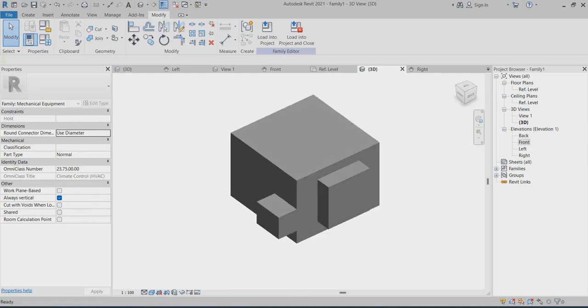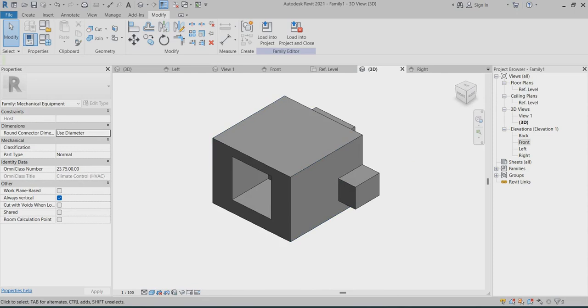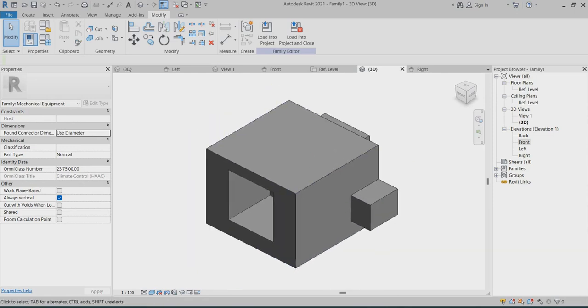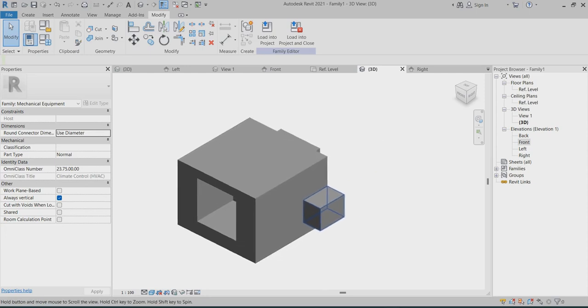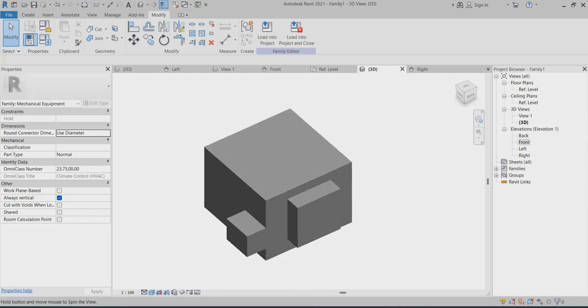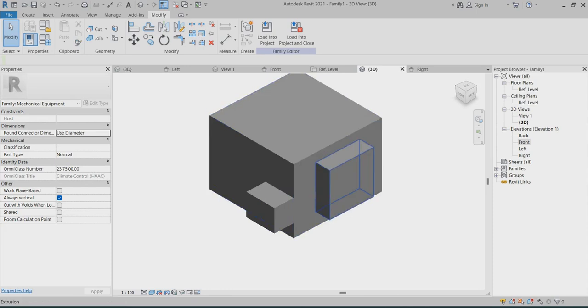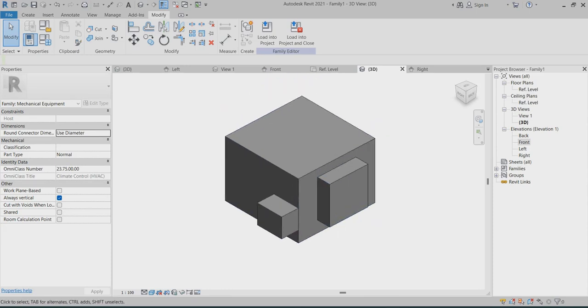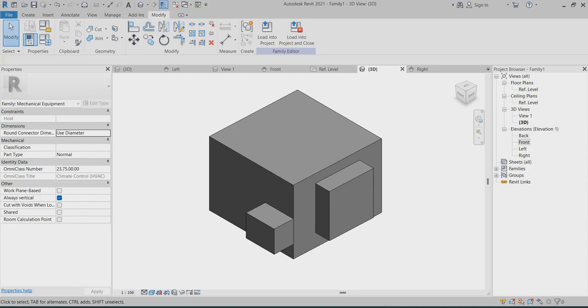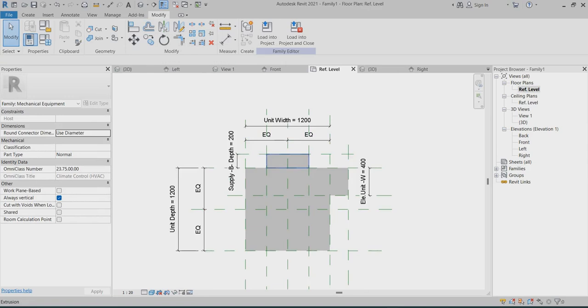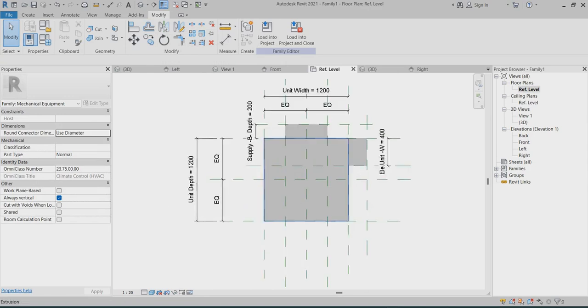Okay, right. So I hope you understand this up to this. So next tutorial I will let you know how we can create the connections and everything. How to create our connections for supply air terminal, return